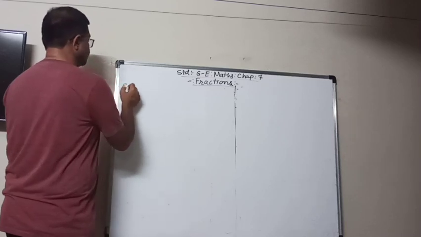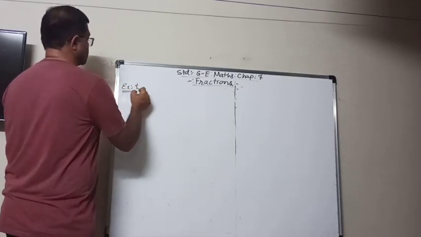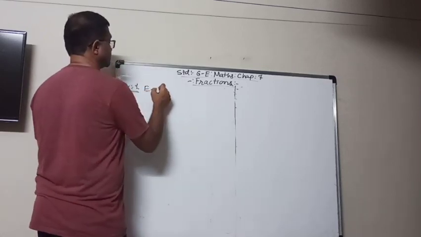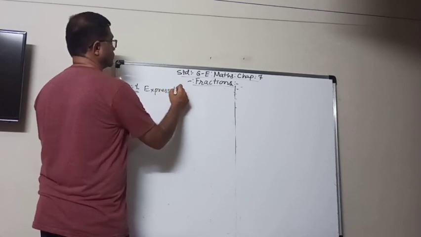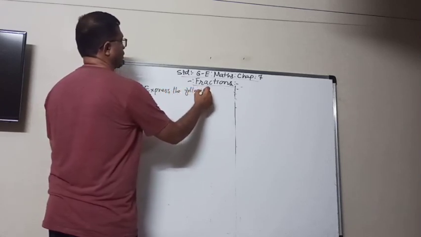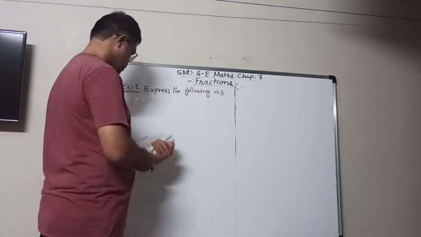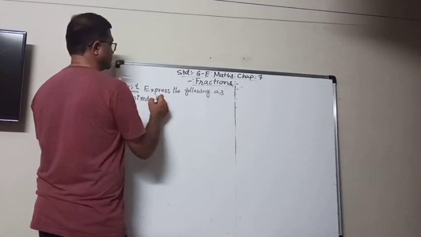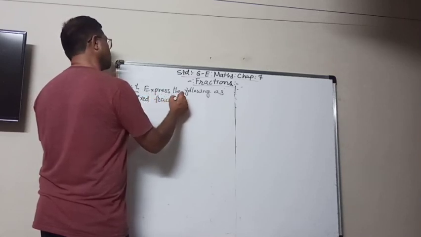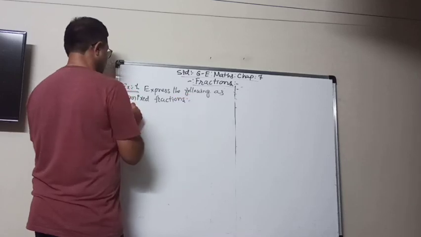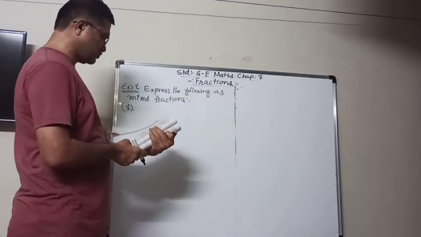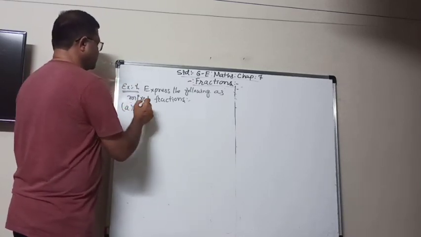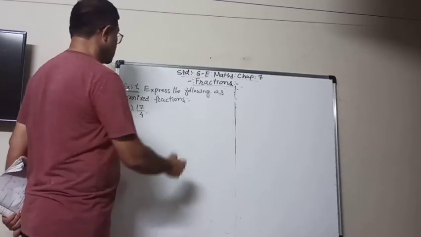So example 1. Express the following as mixed fractions. So let us see which is the first one. A. 17 upon 4. So now here